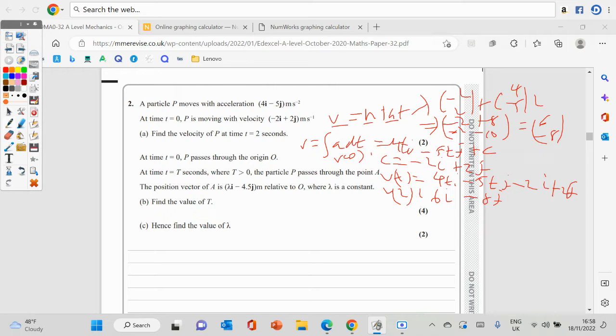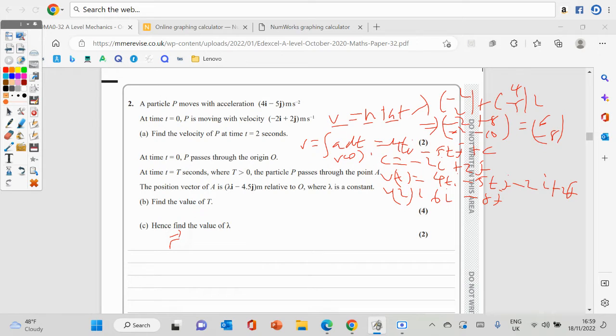So you can do it either way. You're not really penalised if you use one instead of the other. But like I say, you've got many ways you can do that first bit. For the second bit of the question, we're looking for the value of t, given the position vector of A is lambda i minus 4.5j. Now, you can do this in many various ways. The way I want to do this, though,